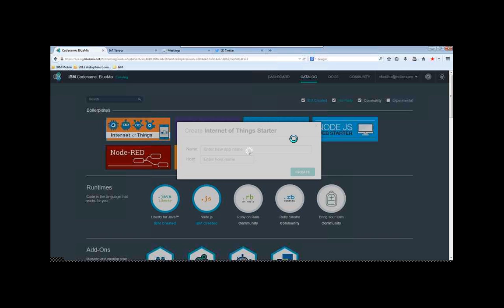I'm going to create an application. At this point, I'll need to just specify a name. So what I will do, I'll just use my initials and say IoT. So I'm naming it VKS IoT. And I'll say create. In the background, on the PaaS platform, it's actually putting together all the three services and provisioning it in my organization. And these are terms which are used in Bluemix and used by Cloud Foundry. It will take some time. So while it's getting created,